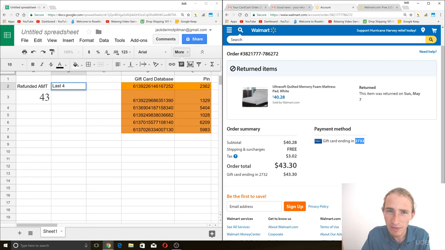We don't know what the rest of this gift card's information is. We don't know what the PIN is. So we have to use this information in order to find the rest of the information so that we can use the card again, right? So imagine this one says